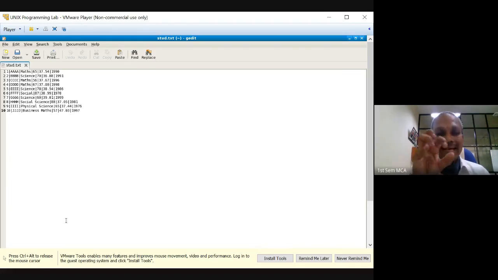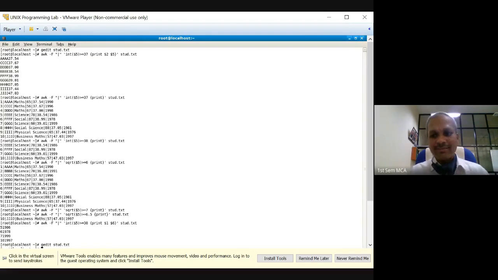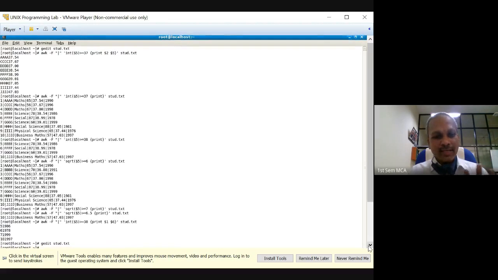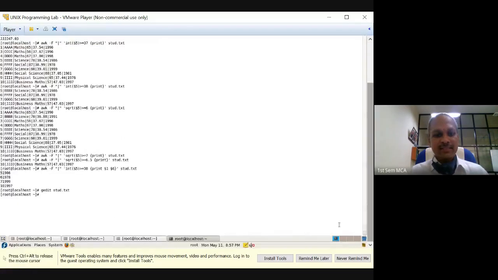Filter means they will extract the existing data from the given file, but they will not alter the original file. That is the advantage of these filters. The original file will be intact. Only the data you want to see might get changed, like what we are going to do. Does that clear it, Raman? Yes, sir, done.